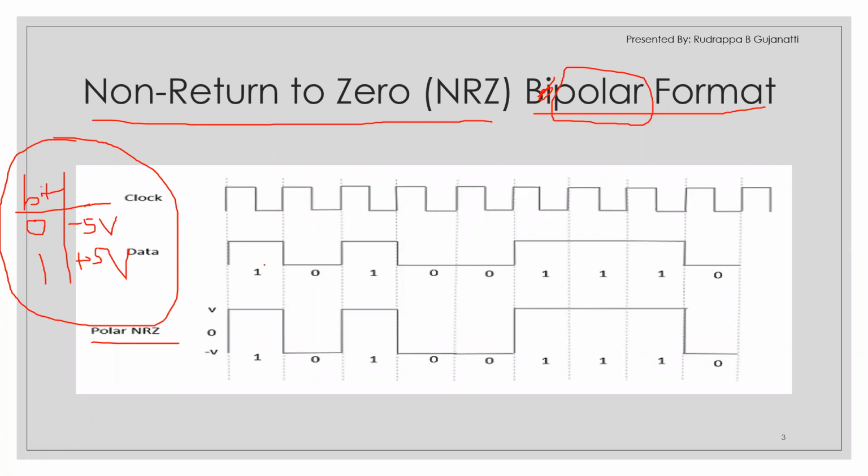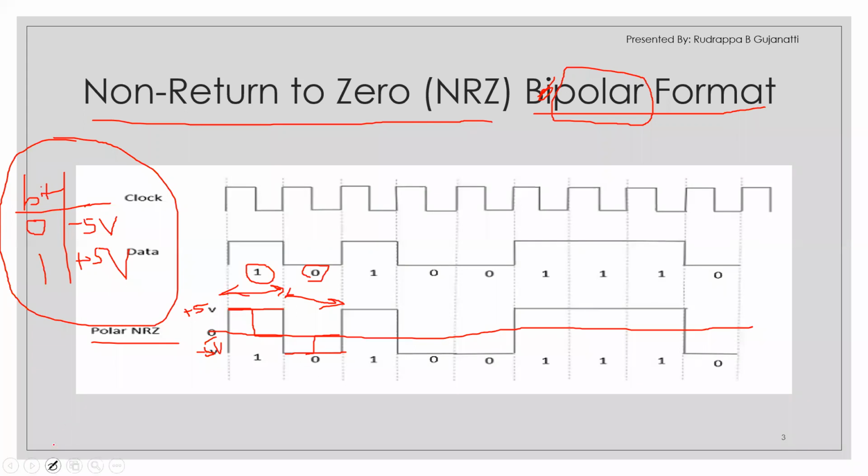So here, as per this logic, the first bit is 1. During the entire bit duration, it will be represented with, say, plus 5 volt. And here we can see the next bit is 0. So for the entire bit duration, it will be represented with minus 5 volt. In between, it will never return to 0. So this is the 0 level, 0 voltage. In between, this will never come back to 0. Here also it will not be happening. So generally during the half bit interval, it will never return to 0.